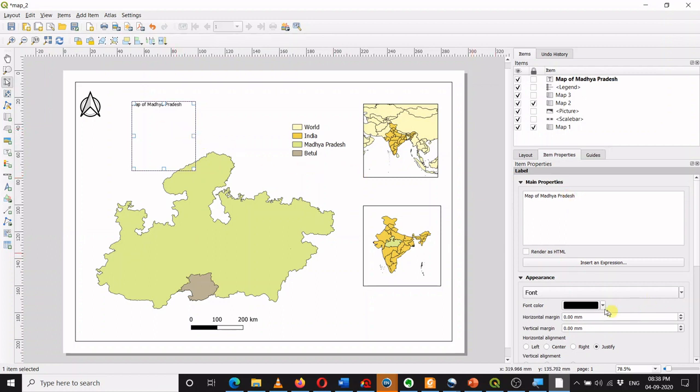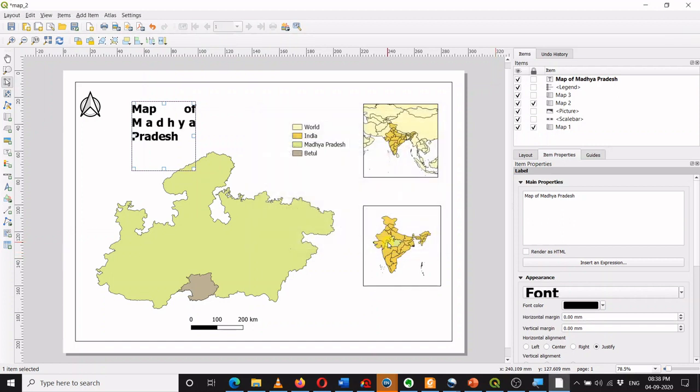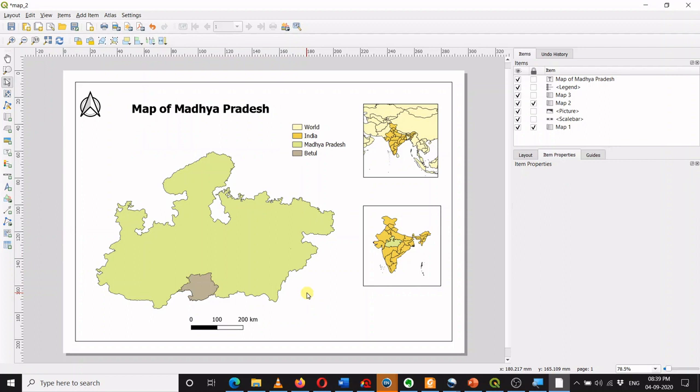I can change the font to, let's say, bold. So in this video we have learned how to draw an inset map, and the rest of the things we have already learned. There's one more thing I want to tell you about the scale.